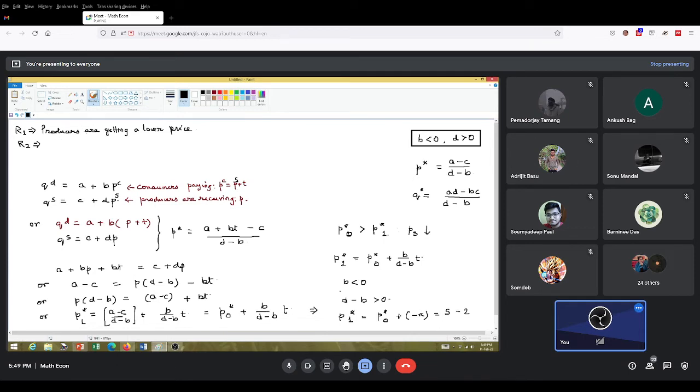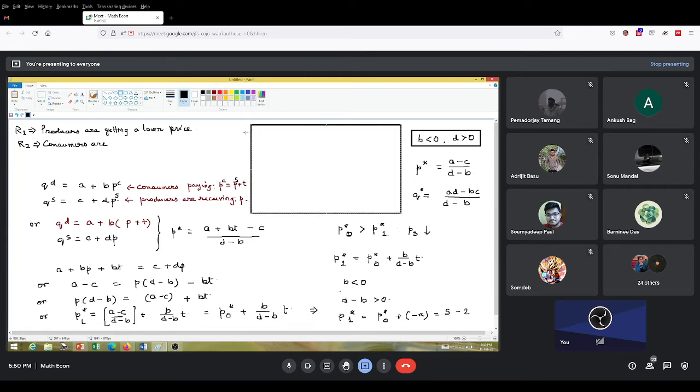See, producers are getting a lower price. What about consumers? They will get the price P1 star. Let's find it out over here. Consumer price PC is P plus T. So this is obviously P star 1 plus T, which is P star 0